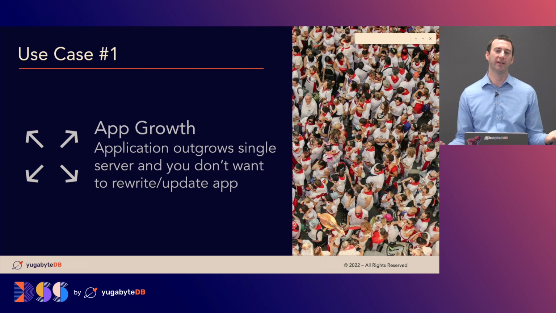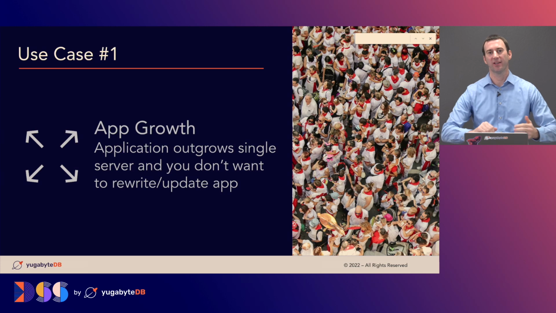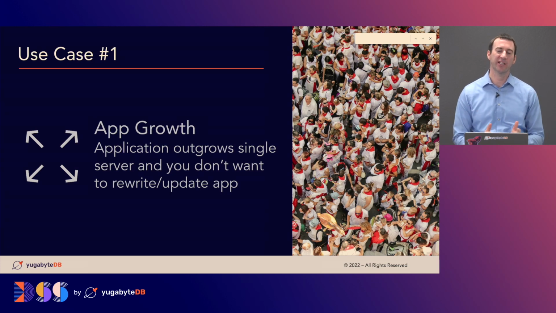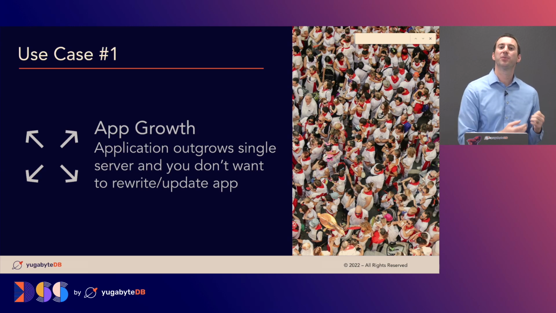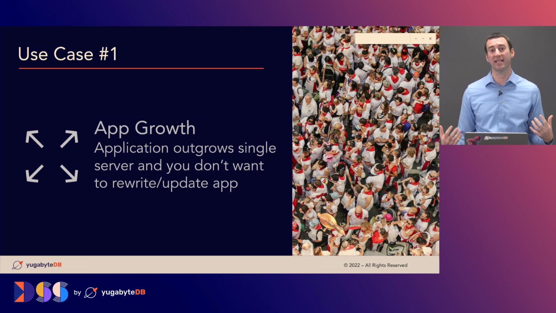Use case number 1 is absolutely the number 1 reason we're seeing this push, and this has to do with application growth. As you have applications being built, a lot of times, especially in large enterprises, you're building tons of new applications, trying to solve a certain need, but you're never really sure if or when the growth of that application is really going to take off. When's it suddenly going to become viral? When's it suddenly going to see mass adoption and require you to scale up?